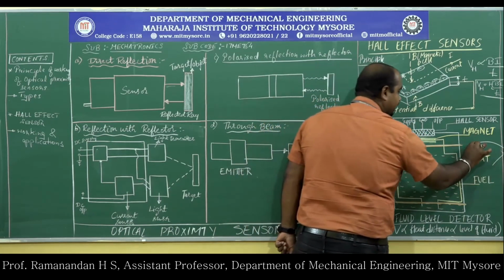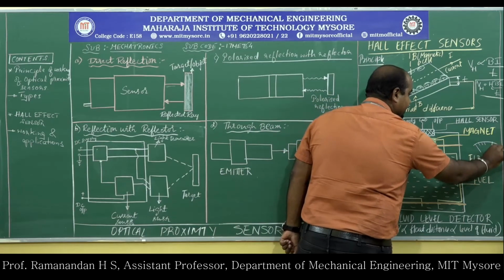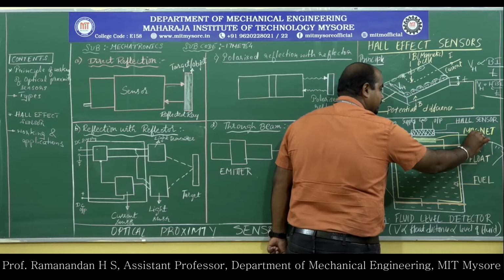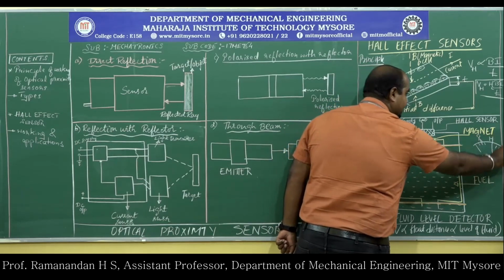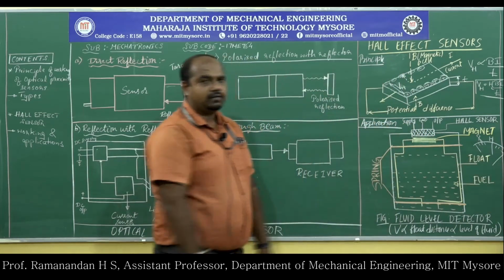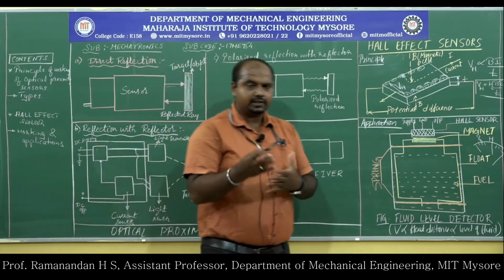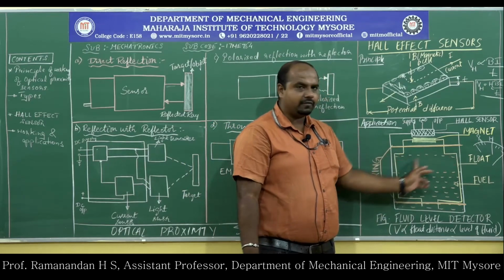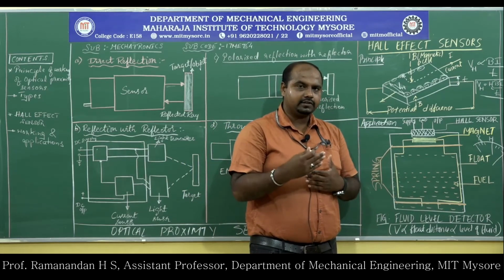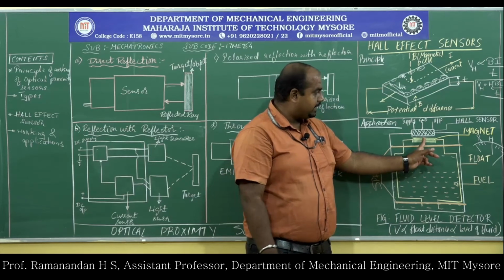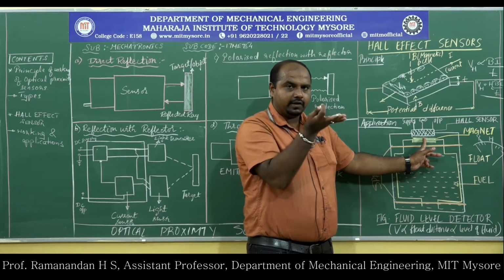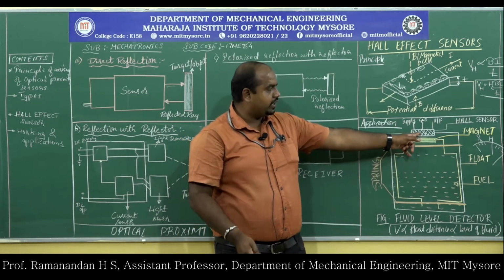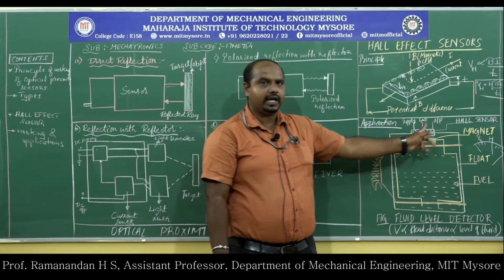If this is a fuel level tank, say think this is the half tank. Nearer to this it is the reserve. This is half a tank. This is a full tank, of some around 8 liters. Maybe consider any two-wheeler, bikes. 8 liters is the fuel tank. Say you have filled the fuel 8 liters to the maximum. The magnet is along with the float, along with the fluid level, since it has a buoyancy effect with the help of the spring. The magnet is very close to the current carrying conductor.